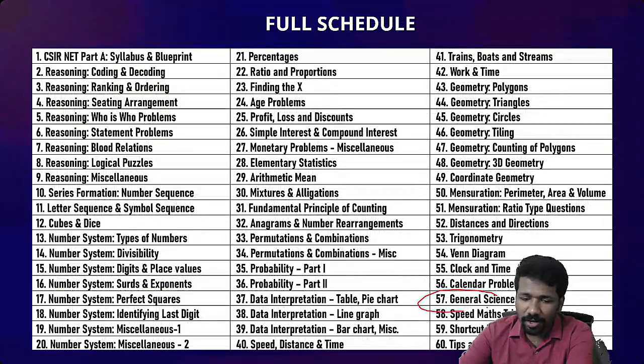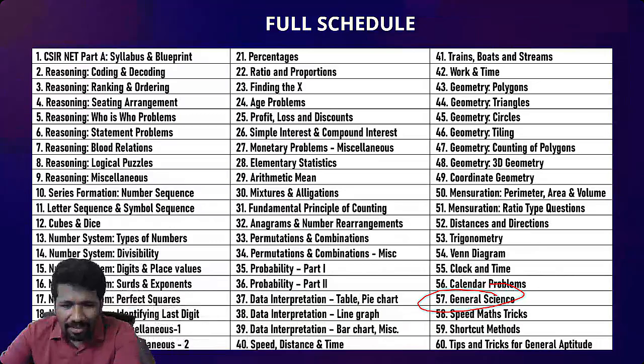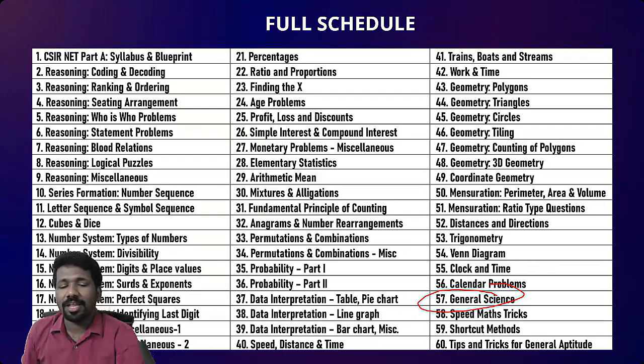Now, finally, the topic is general science. General science, earlier they were asking 2-3 questions like 7 years back and all. Comparatively still 2 to 3 questions, but last few years में 5 years में general science का frequency 0 to 1 question है. Maximum you can get 1 question, most of the time 0 question. So what I will suggest you is don't worry too much about it.